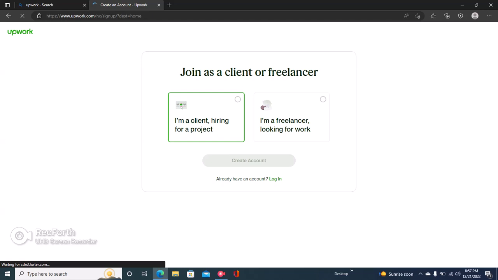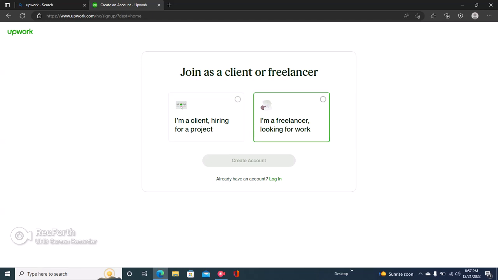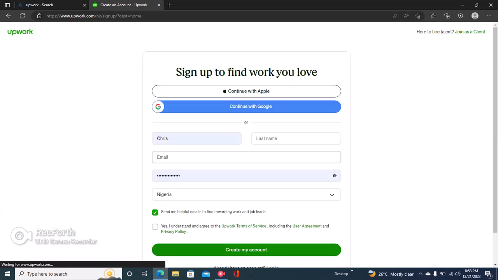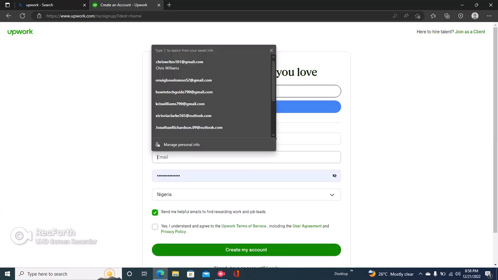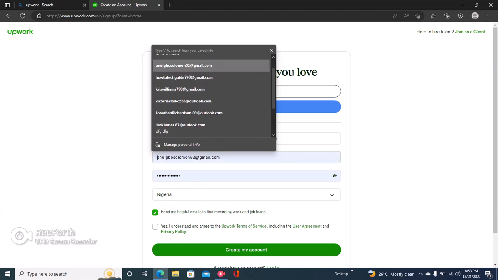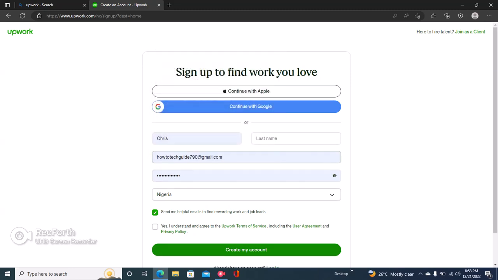Just click on sign up, and then you'd have the option to sign up as a client or as a freelancer. But for the purpose of this tutorial, I'll choose to sign up as a freelancer. So I'll just click on freelancer and then apply as a freelancer, and then I'll just have to fill in my information. Okay, just choose a random email, a password, and then